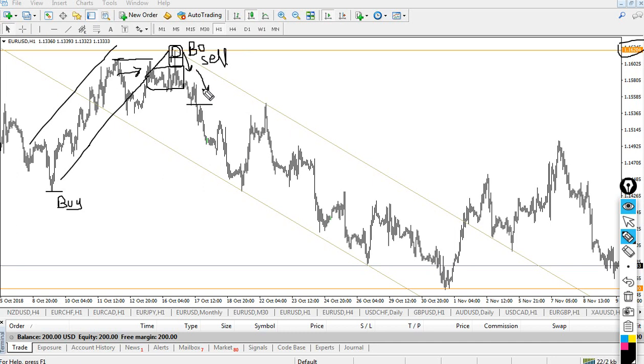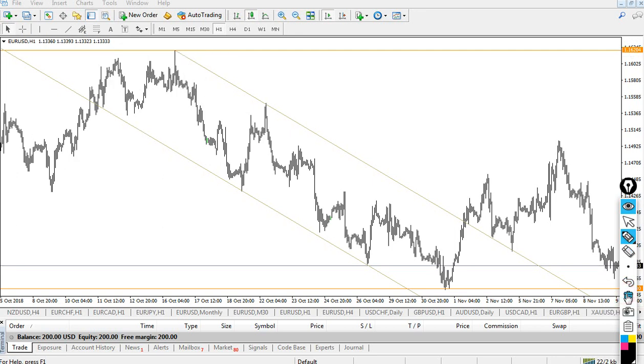Now what is the third confirmation? The third confirmation is that the market moves, like in a channel, this part goes up and then this part goes down, and you see there is a 100% correction. That means it's a confirmation that you are escaping from this channel. Now let me take some more examples.